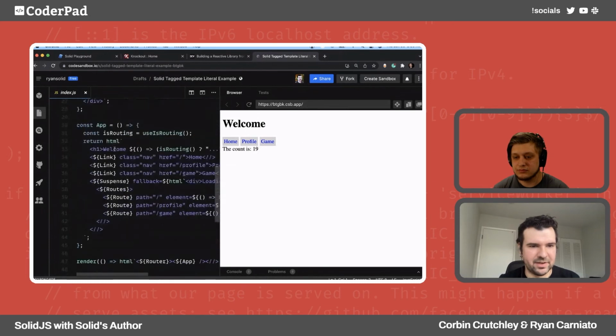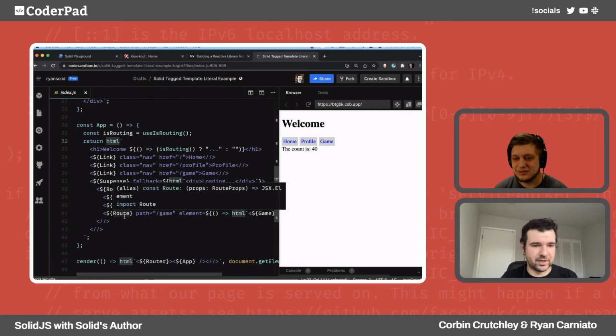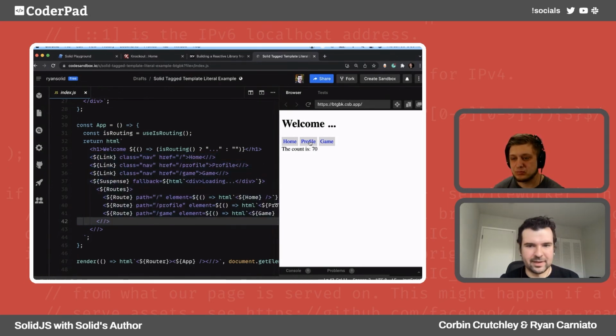What I mean by that is, see the html tag, and then I've got some link components and suspense and routes. This is concurrent rendering, transitions, Solid app router, the whole React 18 future stuff, all done with tagged template literals, no compiler.